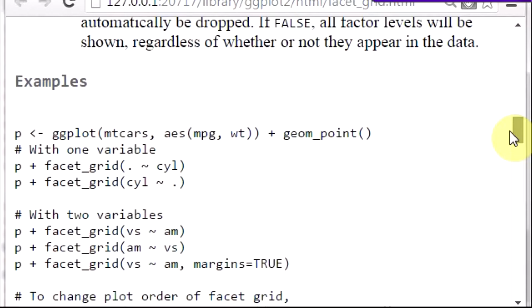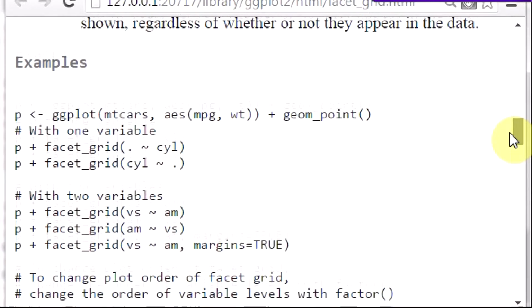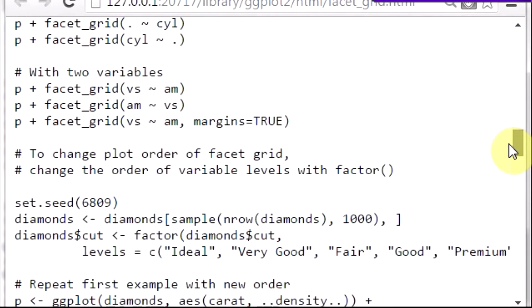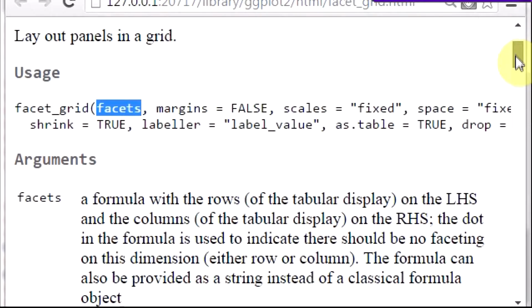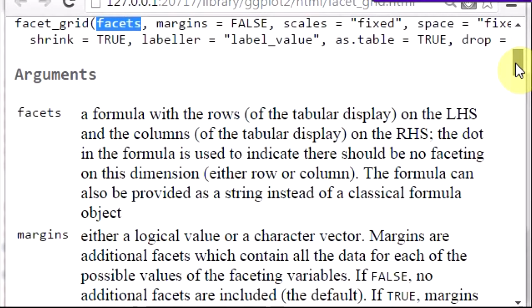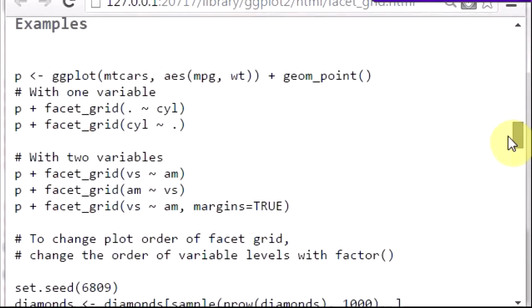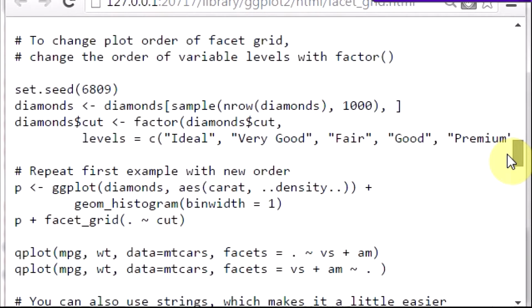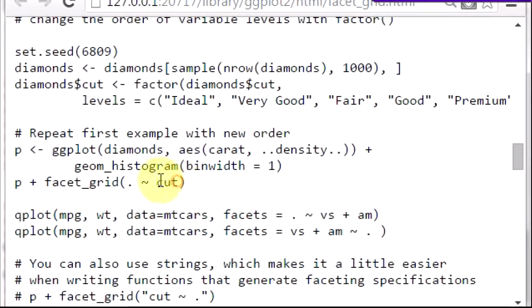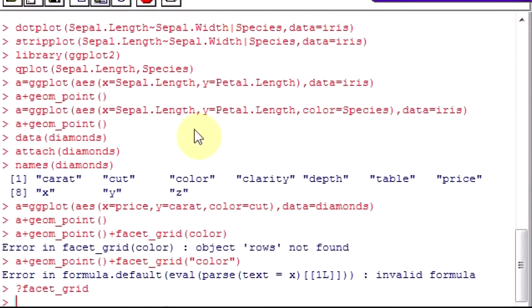What if facet is nothing? Formula with the rows. So you need to put this dot and this, right? Okay, dot and